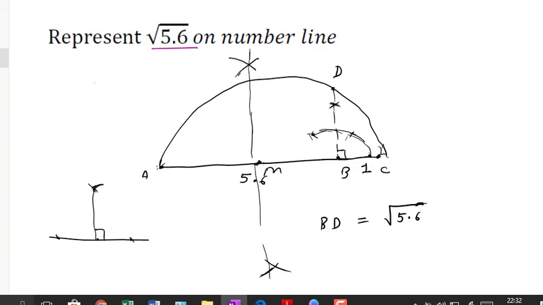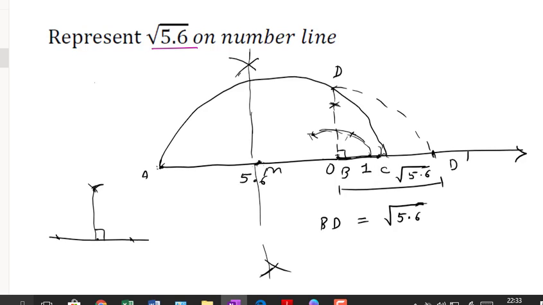Now if I have to draw this root 5.6 on number line, what I will do, I will extend this line, I will consider this as origin, and then I will take this OD or BD distance as radius and draw an arc. Now where it cuts this number line, that point will give me, suppose this is D and suppose this is D dash, then this OD dash will be equal to under root of